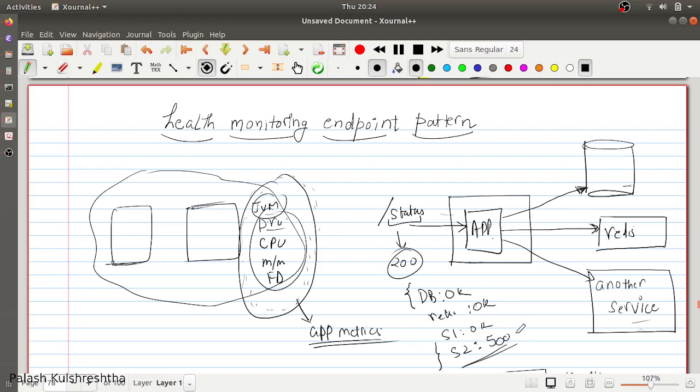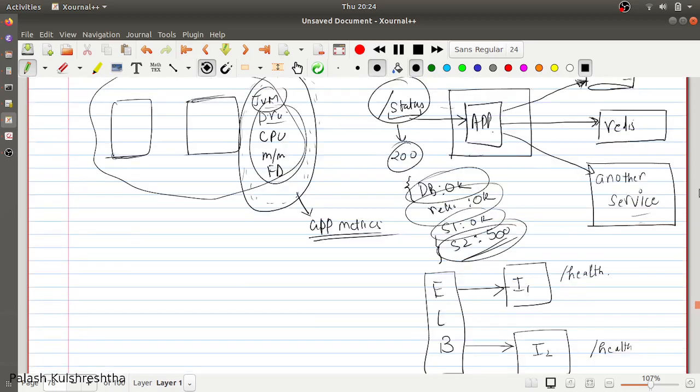So in this status check, you are giving fine-grained details of the internals of your application health. That is called a health monitoring endpoint, and the pattern in which you expose your health monitoring endpoint is called the health monitoring endpoint pattern. This is a very simple concept. You just have to expose an endpoint, or some way for an external application to know your application's health.